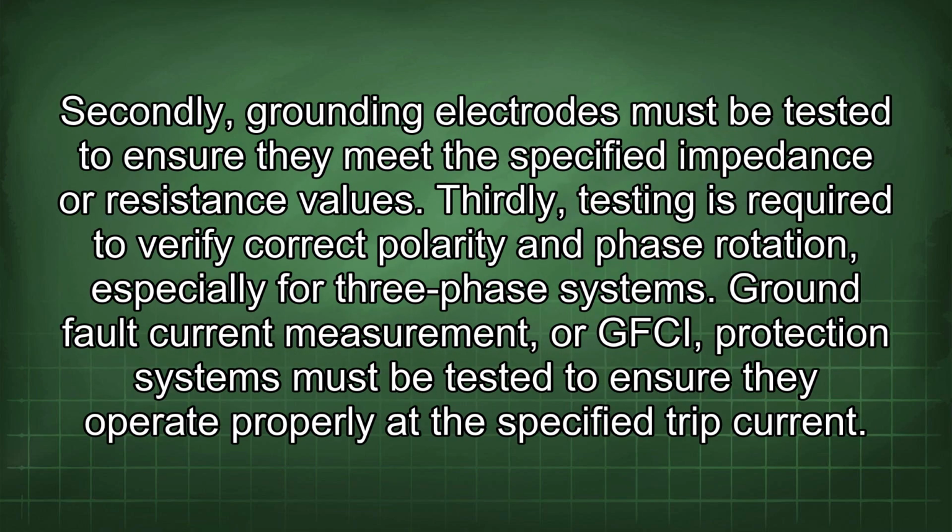Secondly, grounding electrodes must be tested to ensure they meet the specified impedance or resistance values. Thirdly, testing is required to verify correct polarity and phase rotation, especially for three-phase systems. Ground fault circuit interrupter, or GFCI, protection systems must be tested to ensure they operate properly at the specified trip